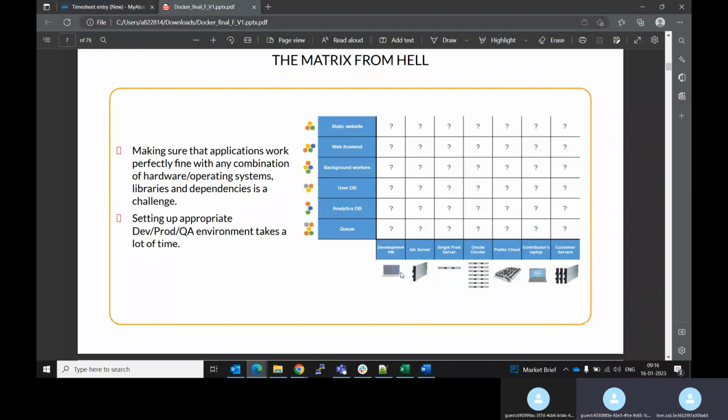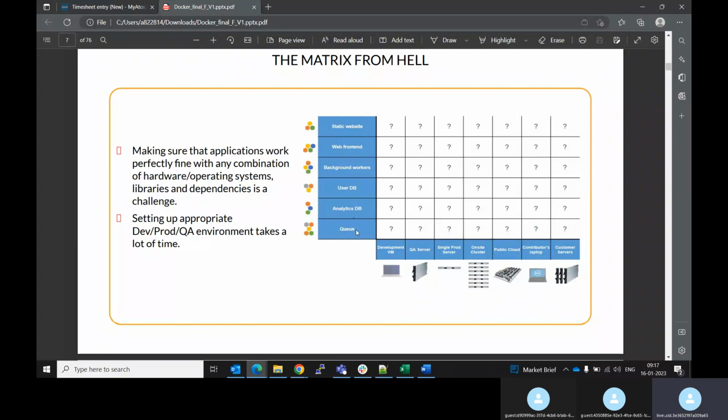And after that, if it is working in the cluster with load balancing, they will move to the clusters, and after that, if it is still working, they have to move to the public cloud, and after that they have to provide it to the users' laptops, and to the servers so that the user will be able to use it. So